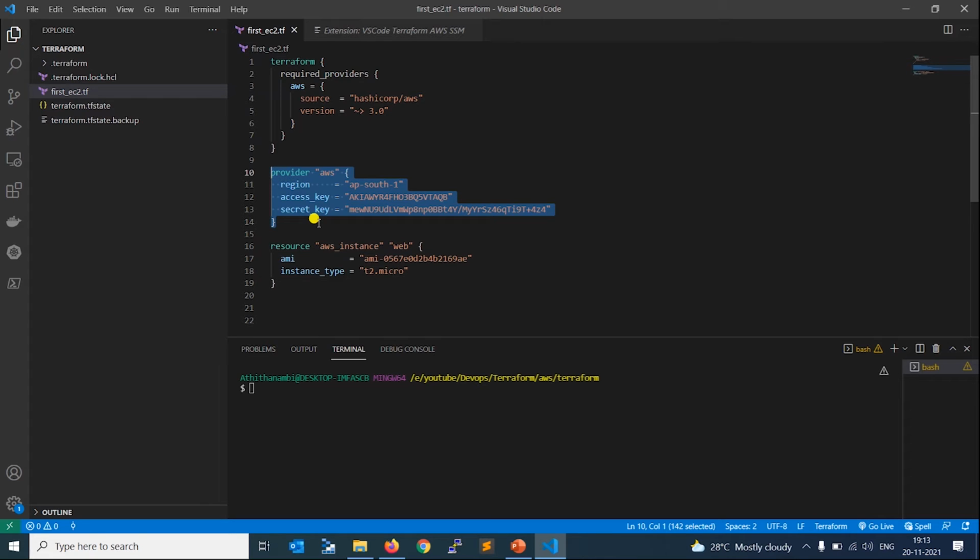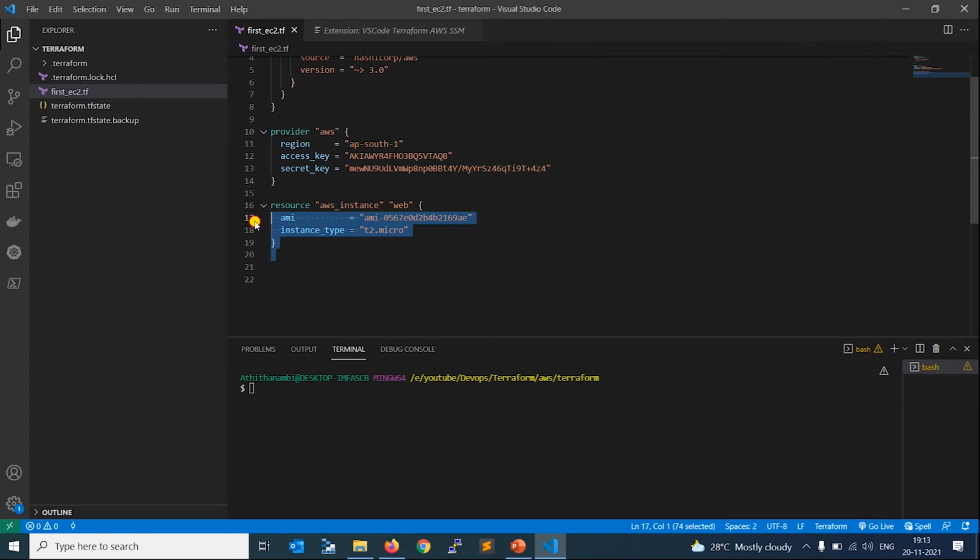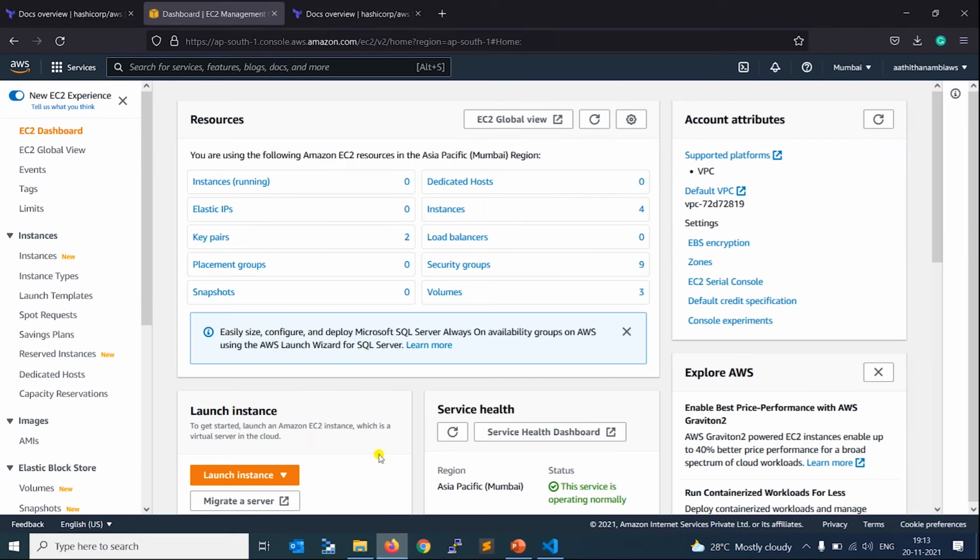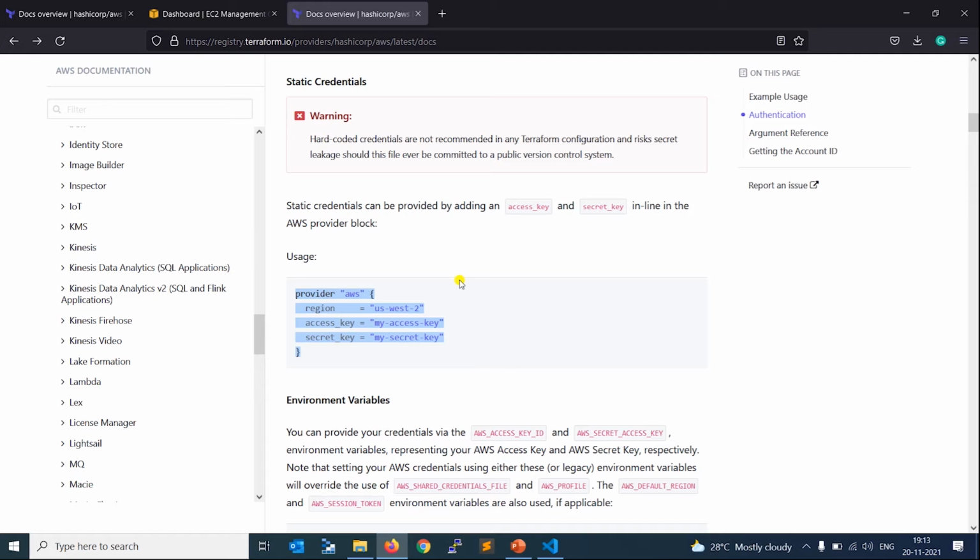Now we are moving into the resources we are going to create inside the provider. This is a very basic video, so we will only create an AWS instance, that is, an EC2 instance. We can create one EC2 instance in the AWS provider. We don't want to make it so complicated by creating a virtual network and those things. We will just create one EC2 instance. For that we have some basic code over here.